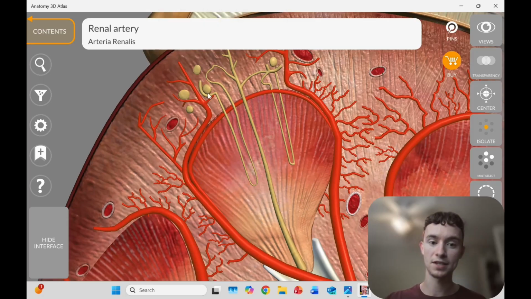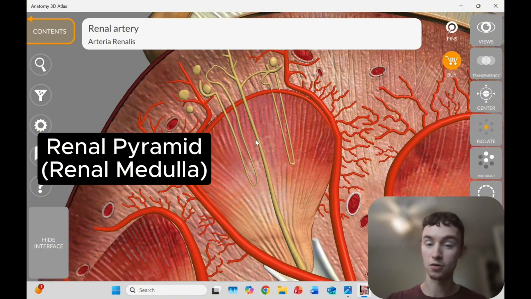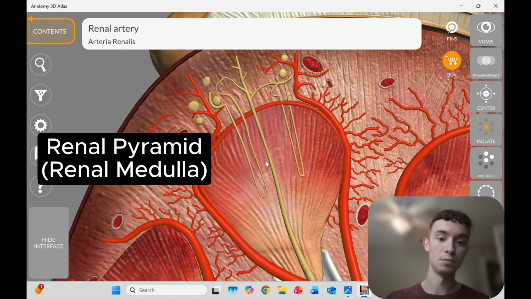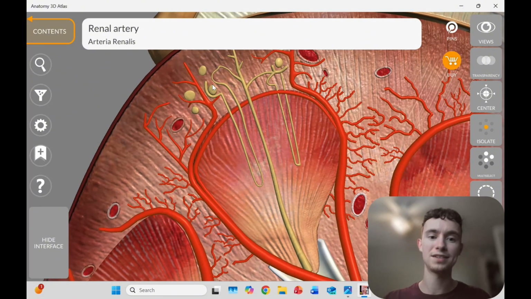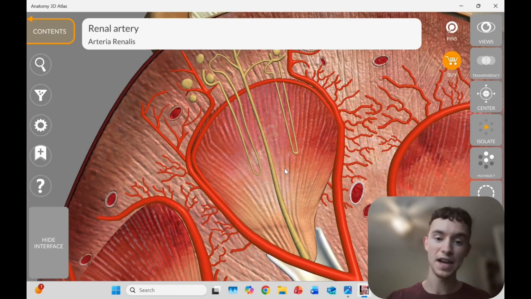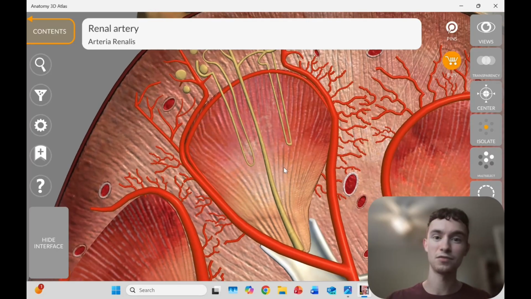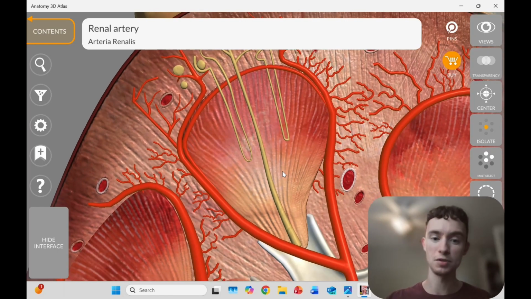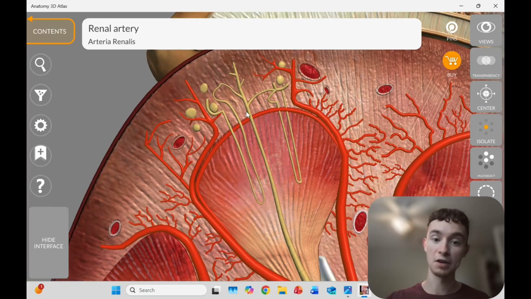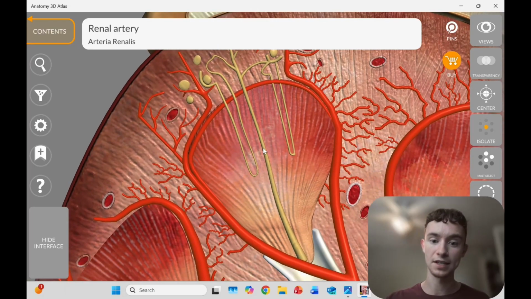Right below the cortex is this upper part called the pyramid, the renal pyramid, also called the renal medulla. So the blood goes all the way to these functional units, and through this long process of filtration and reabsorption, you create urine. And it gets all the waste products and excess fluid and things that we need to eventually pee out. And so the pee will eventually go down this collecting duct